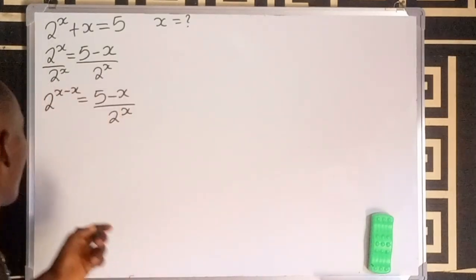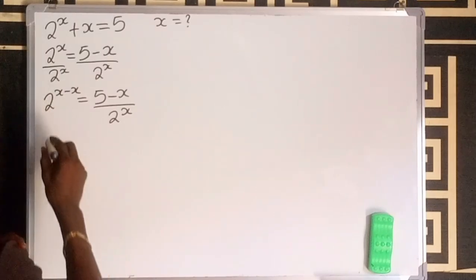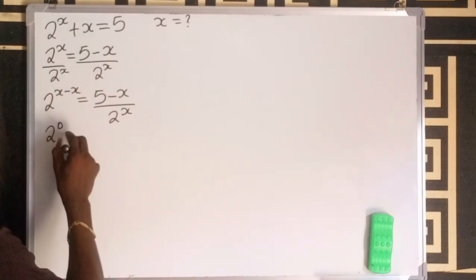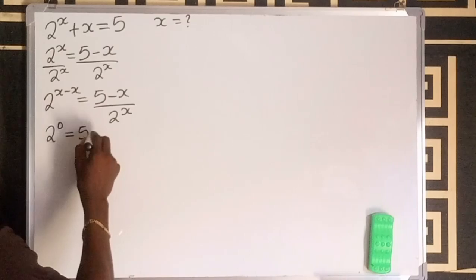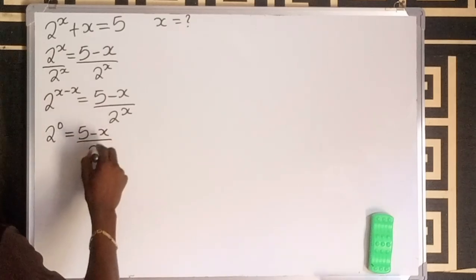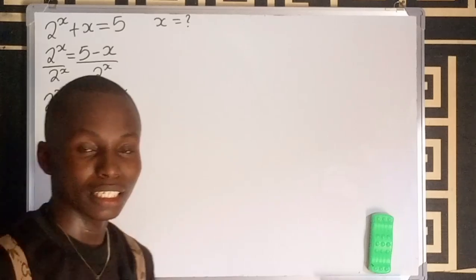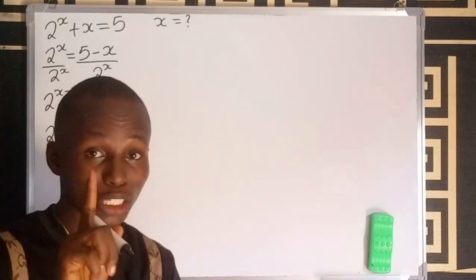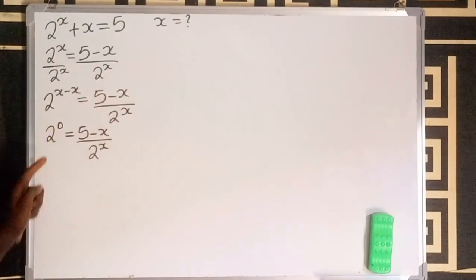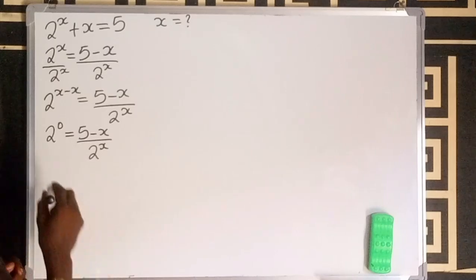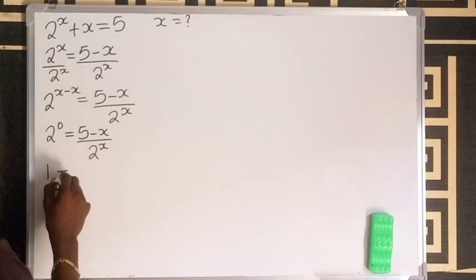Now x minus x is 0, so this now becomes 2 to the power of 0 equals 5 minus x divided by 2 to the power of x, right? And by the properties of indices, anything raised to the power of 0 is what? It is 1. It implies that 2 to the power of 0 is 1. So it means that here, 1 equals